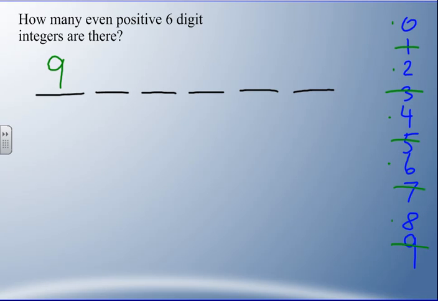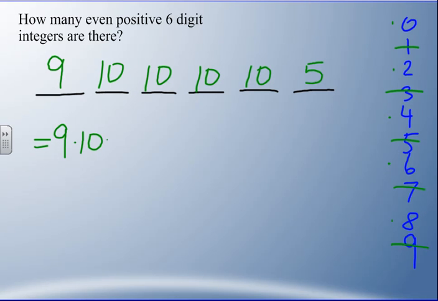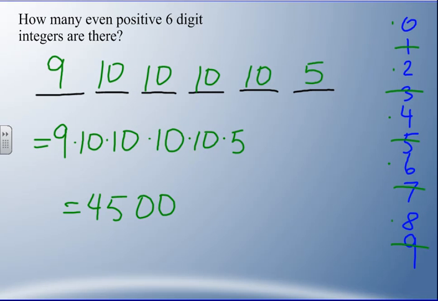So I only have 5 options there. Now for the rest of it, I can use all 10 numbers, so I've got 10, 10, 10, and 10. So my answer equals 9 times 10 times 10 times 10 times 10 times 5. All that ends up being, if you do your mental math, 45,000 possible six-digit